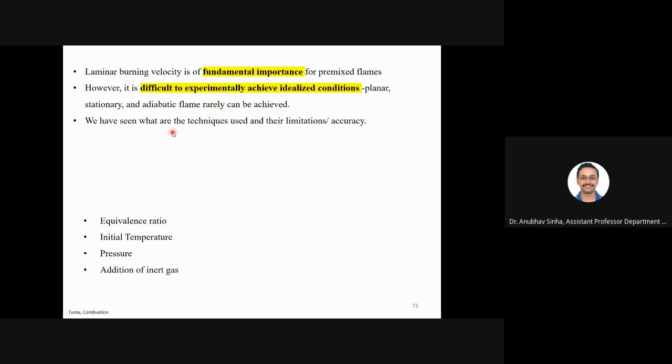But what we need to do is understand what the various factors involved are and how they can affect flame speed. For example, in a spherical bomb, pressure is building up. If you know how the pressure buildup affects your flame speed, then you can think about whether the flame speed is increasing or decreasing. That is what we are trying to understand here.